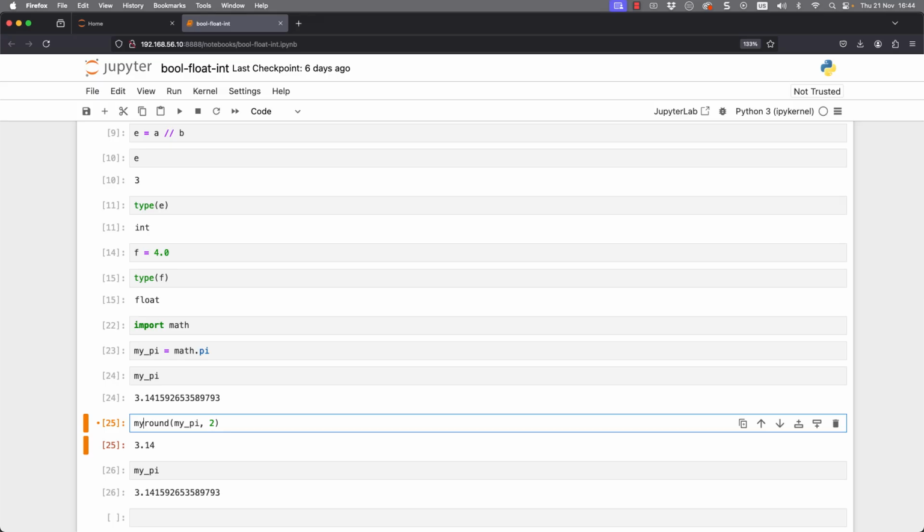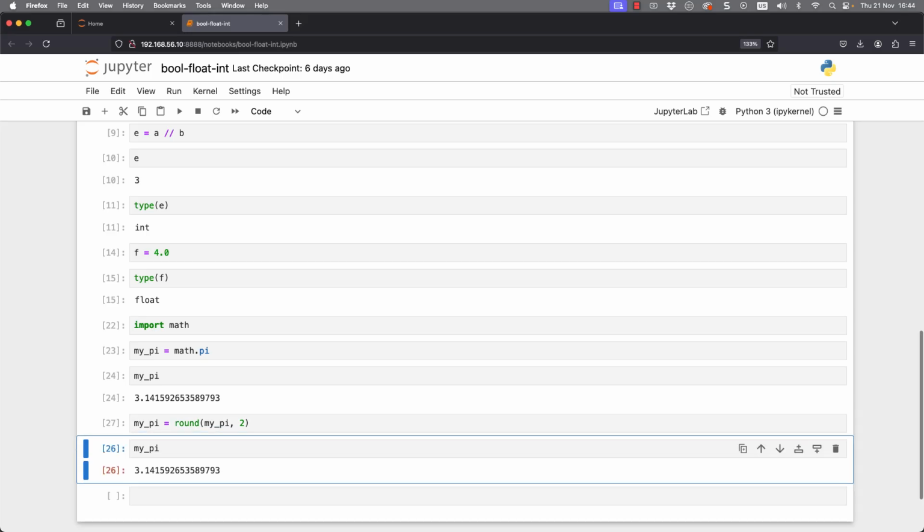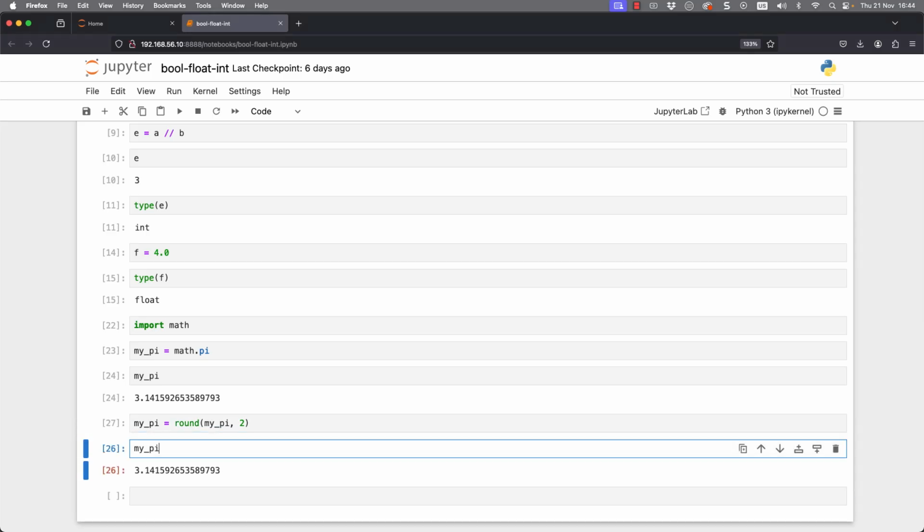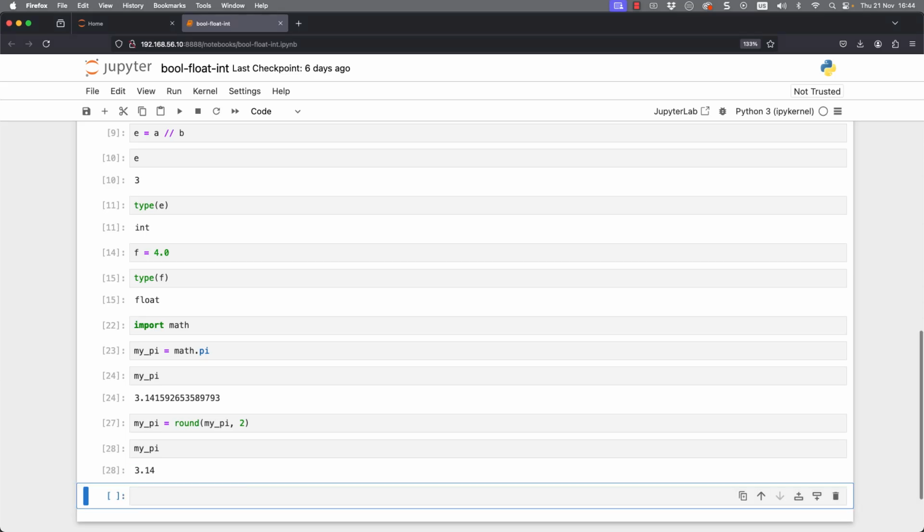If I do want to reassign, I can go back and say my_pi equals the rounding of my_pi to two decimal places.